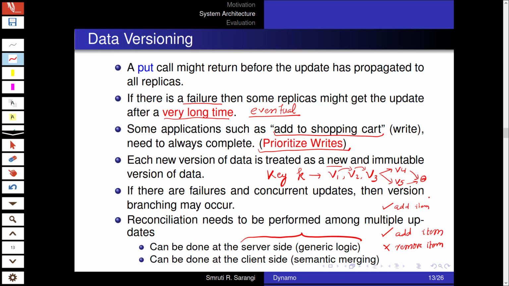But in these cases, it might be a good idea if the client-side browser actually tries to resolve the issue on its own, particularly if there is conflicting information and this cannot be resolved automatically on the server side.